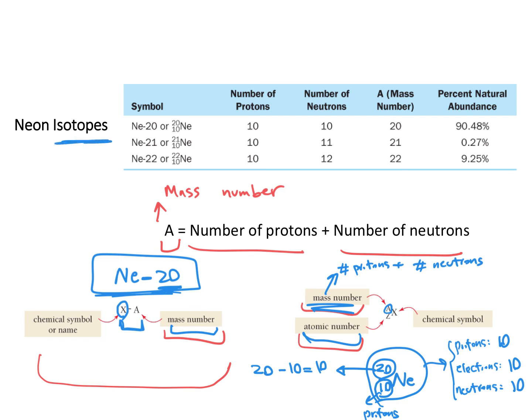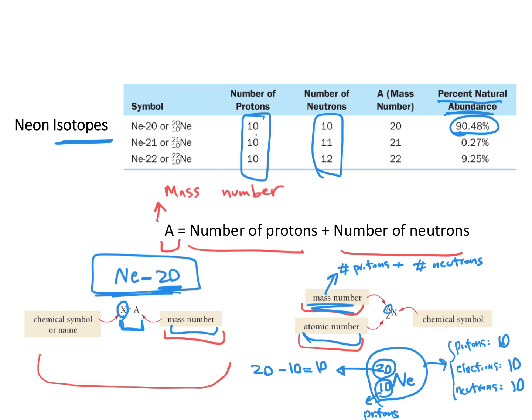And the other thing about isotopes is that if we have neon in this case, as we said, the number of protons in all of them is the same, but the number of neutrons may vary. In the case of neon, we have some atoms that have 10 neutrons, some atoms that have 11, some atoms that have 12. And we also have different numbers of them. So we have percent natural abundance. Basically, scientists measured these things and came up with these numbers based on experiments and observations from nature,